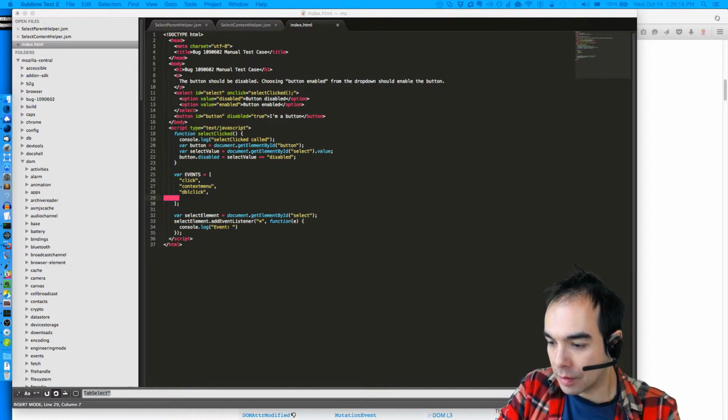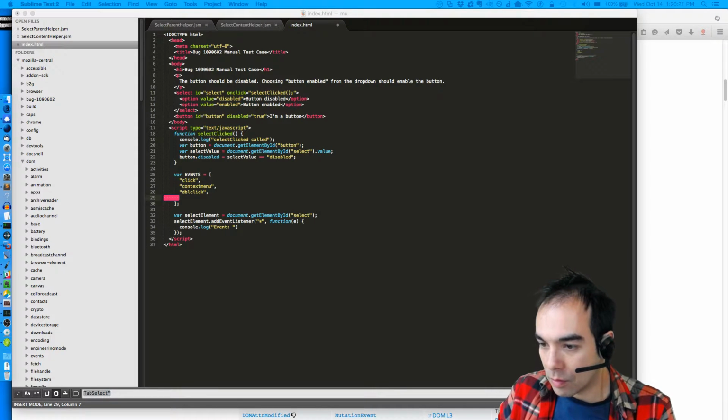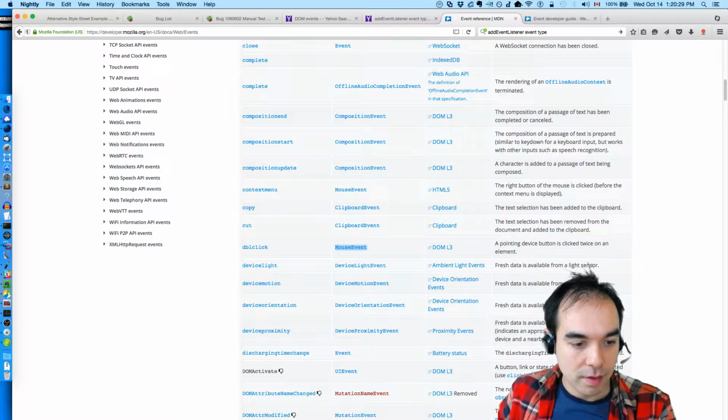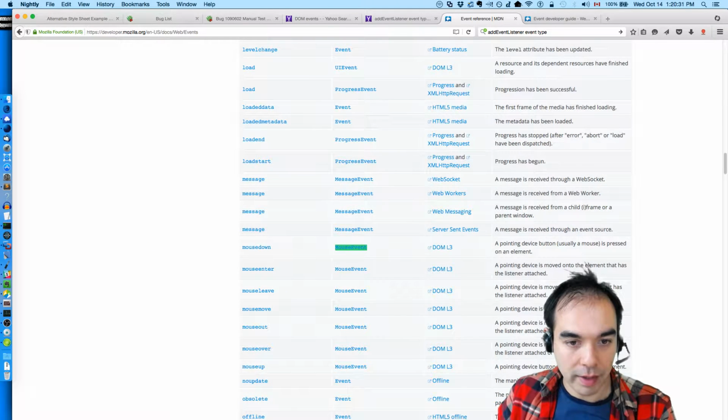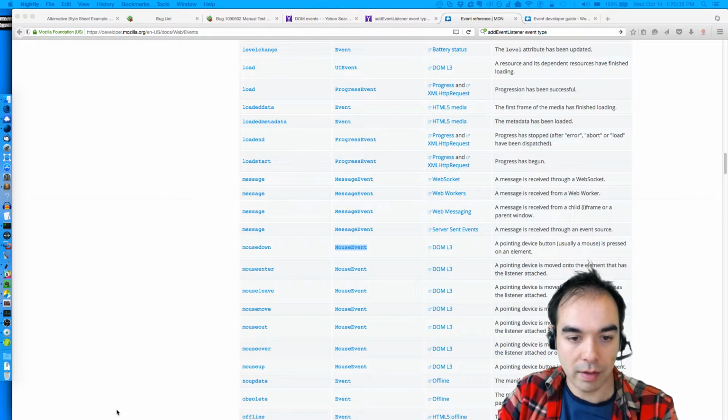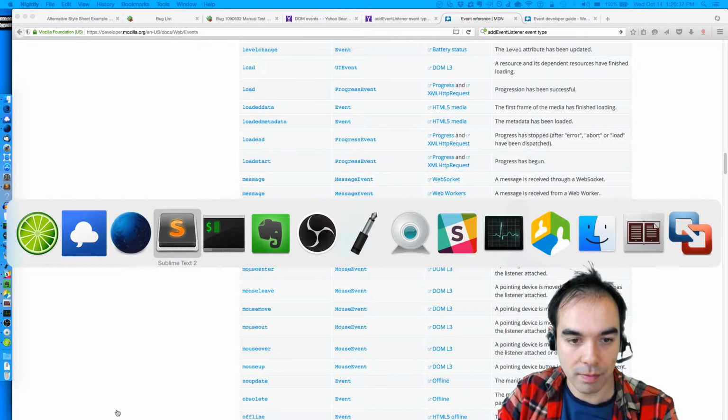Hang on a second. Just making sure I'm in the right IRC channel with the right client. Okay, double click, and then what was next? We had all of these: mouse down, enter, leave, move, out, over, and up. And I think that's most of them.